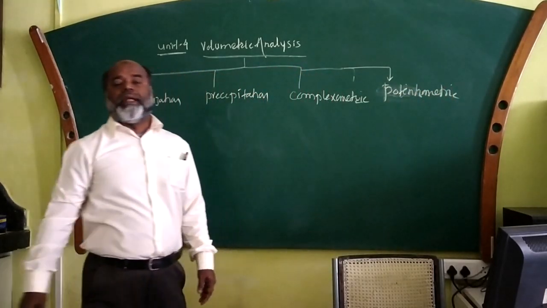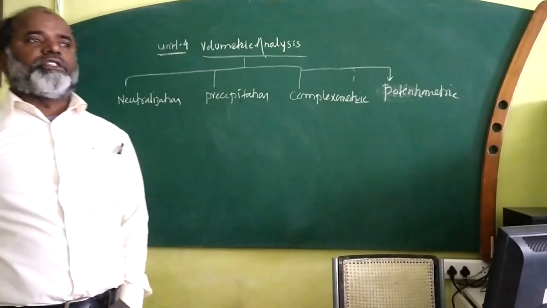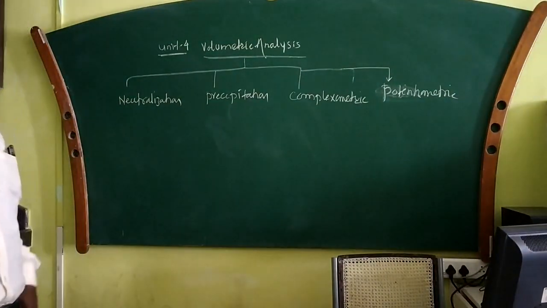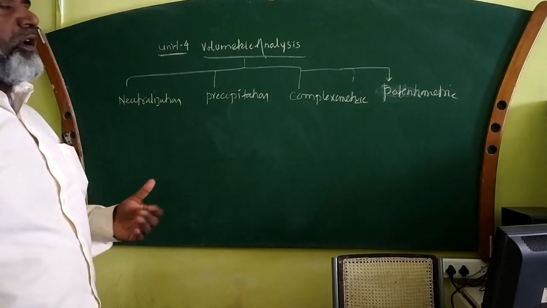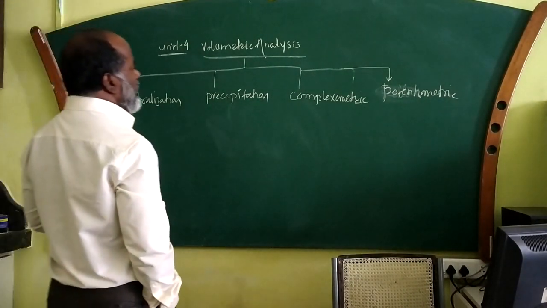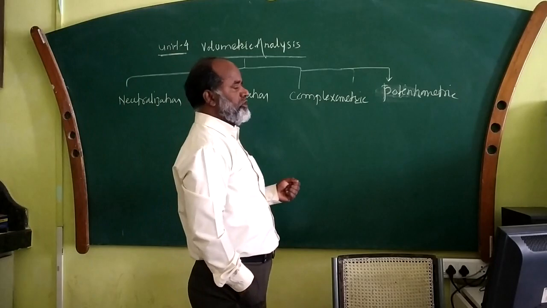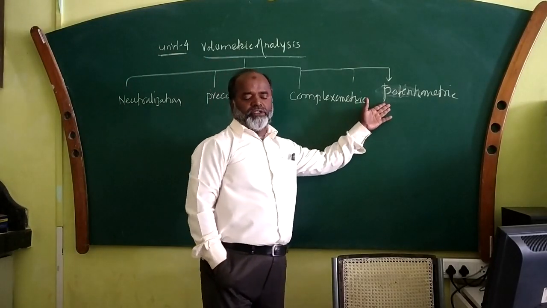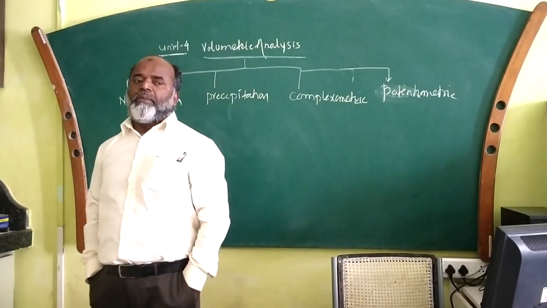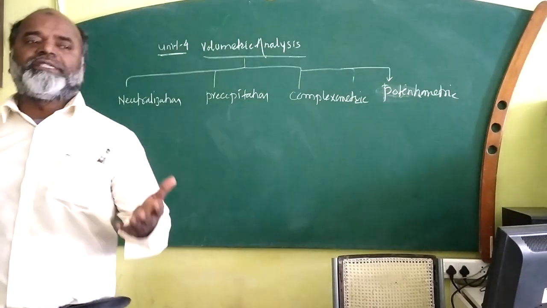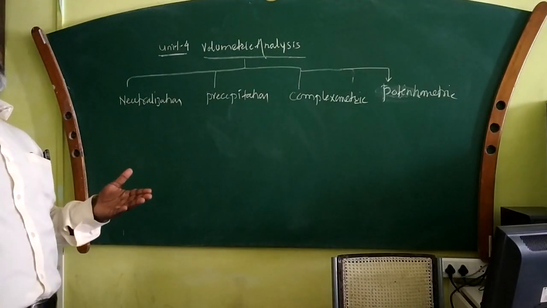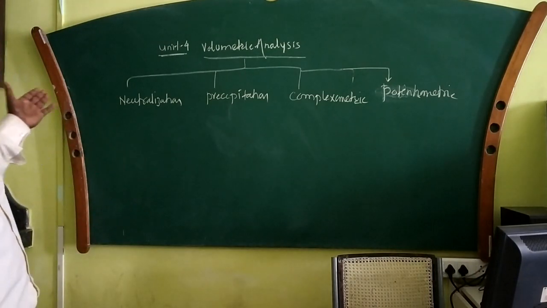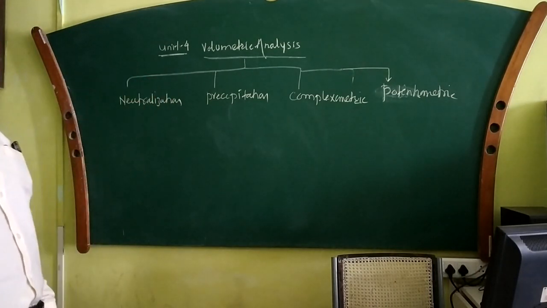So potentiometric titration or potentiometric analysis means if redox reactions, simultaneous oxidation and reduction, are taking place, then the fourth type of titration or analysis is called potentiometric titration. So remember, it depends upon the type of sample, which type of samples you are going to analyze. Based on that, you can decide the type of the volumetric analysis.